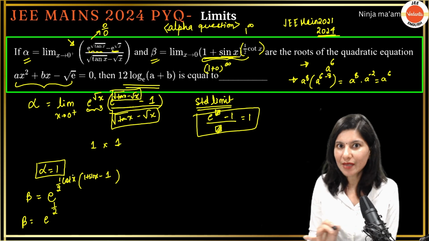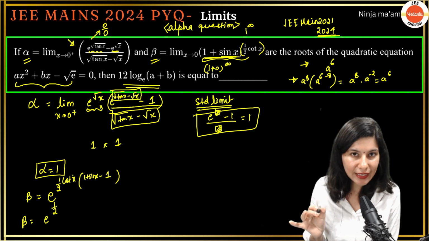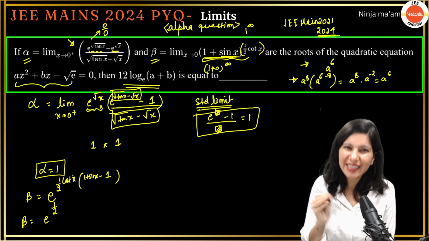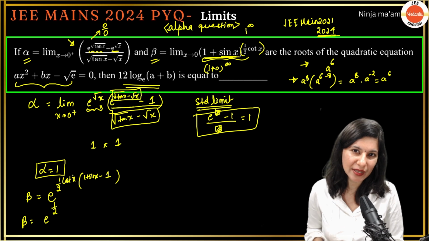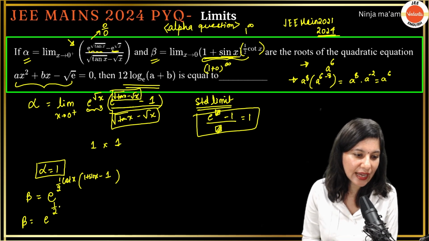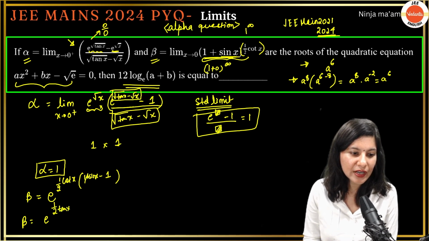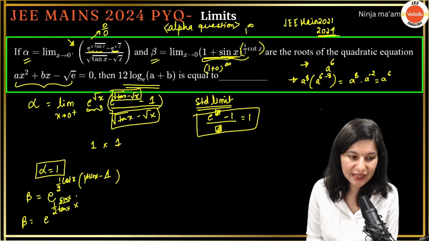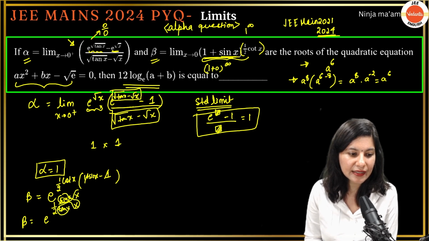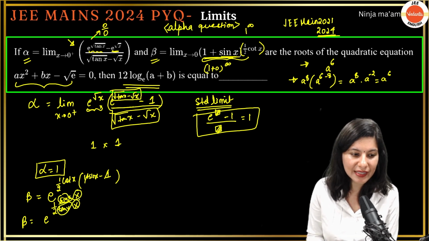Now cot x is something we are not interested in. Why? Because we know tan x by x is 1. So why not write tan x right away? And 1 and 1 are getting cancelled out. So this is sin x. Obviously sin x also needs an x, and tan x also needs an x. So x and tan x. Sin x by x is 1. Tan x by x is